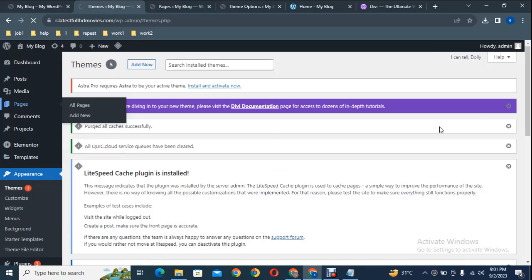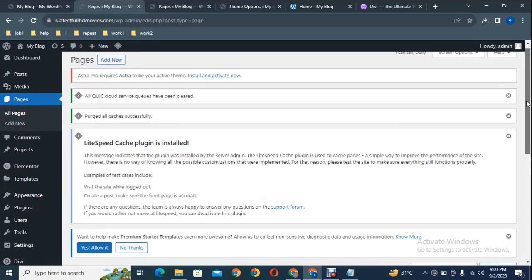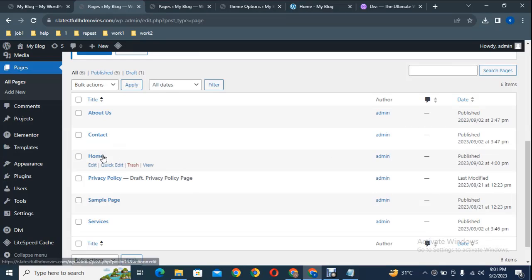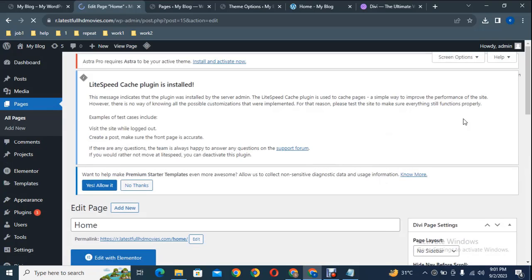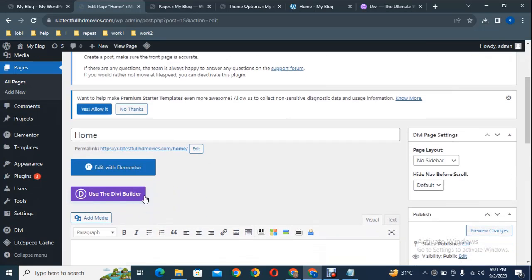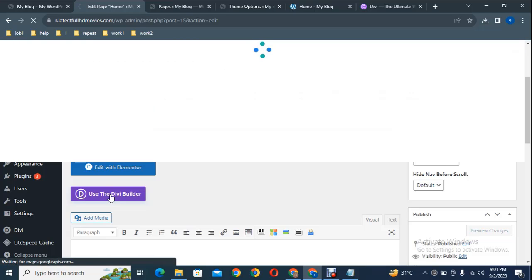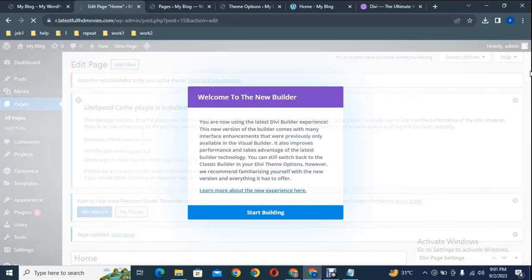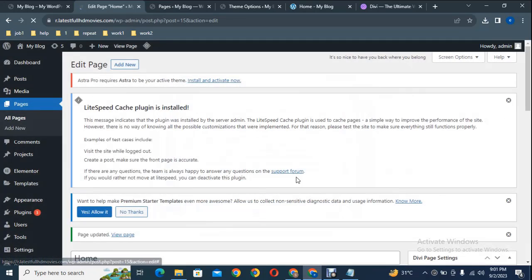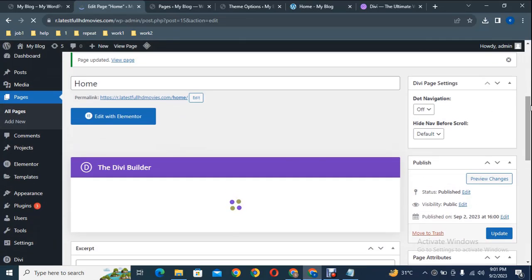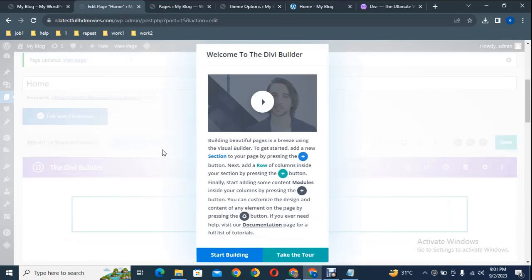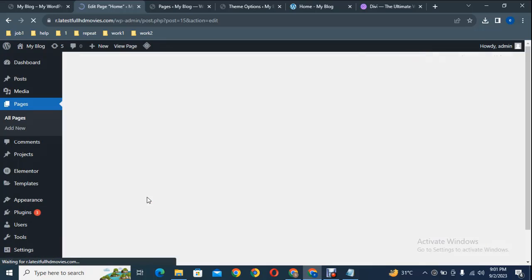So now we can go in the pages. Here you can see I have created this page now. So just click on edit. After that here you can see use the Divi builder. Just click here. After that click here on the front end. Here you can see